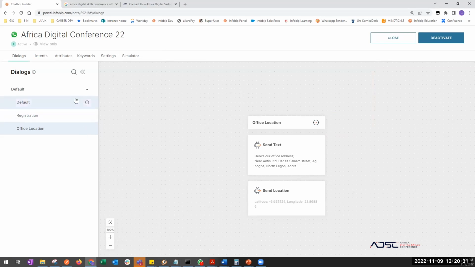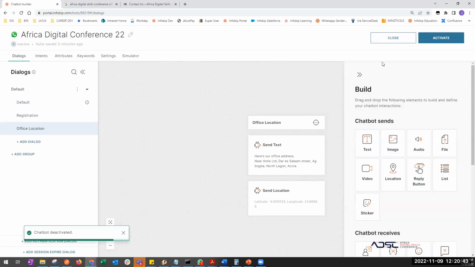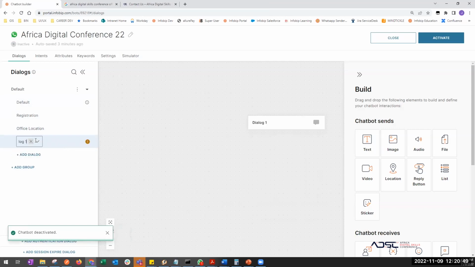So we can also quickly look at some menu-based, keyword-based menus. So let me just deactivate this for you to see. All right, so I'm going to create another keyword-based menu here. So let's say main menu, and then I type,